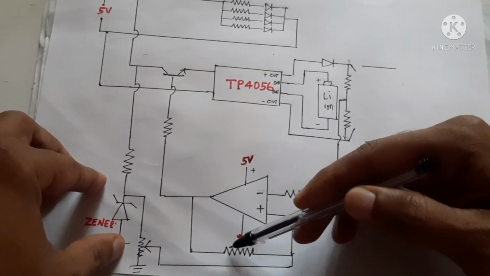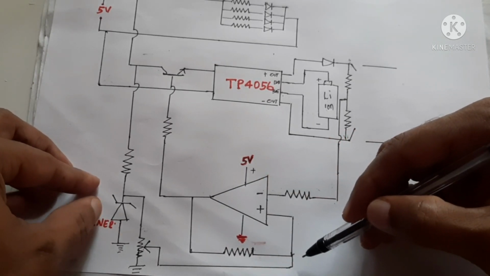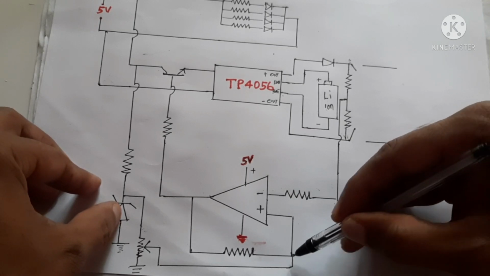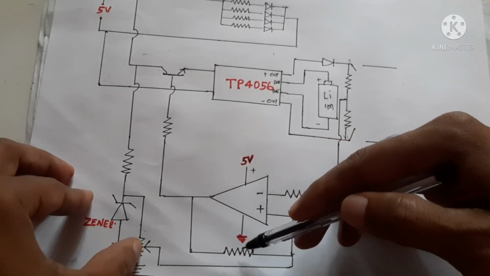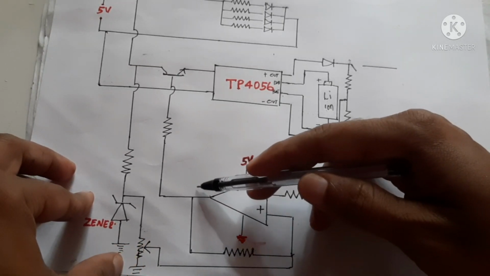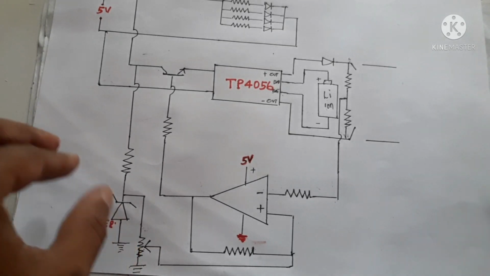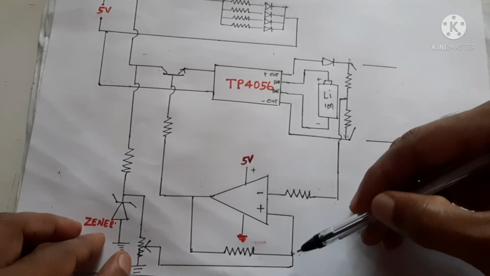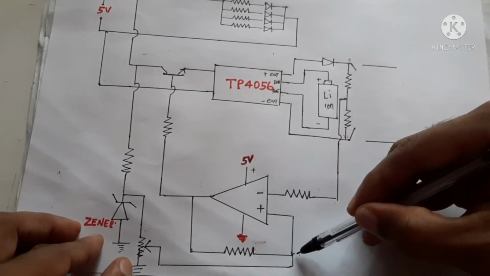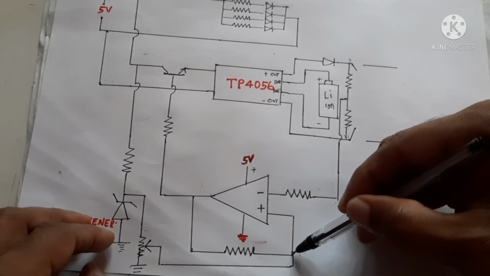And if we select this resistor, the contribution from this side is 0.5. So earlier the contribution was 1.5 volts. Now this contribution also becomes a resistive divider network. This and this become a resistor. If 5 volts is applied here, and if we select the resistor in such a way that the voltage contribution from this becomes 0.5 volts, so the voltage from this point becomes 0.5 volt, and earlier the contribution from this side is 1.5 volts, so the total voltage at this point now becomes 2 volts.